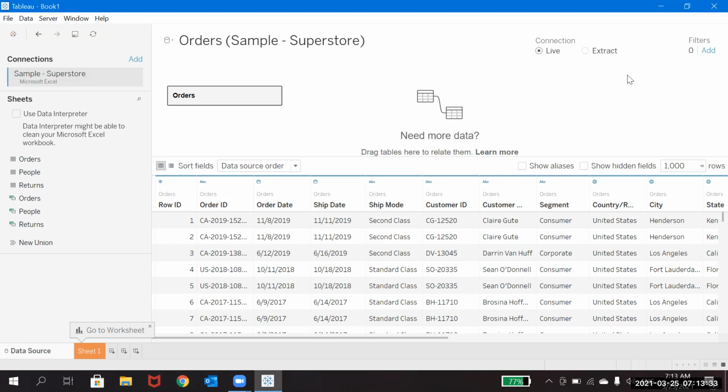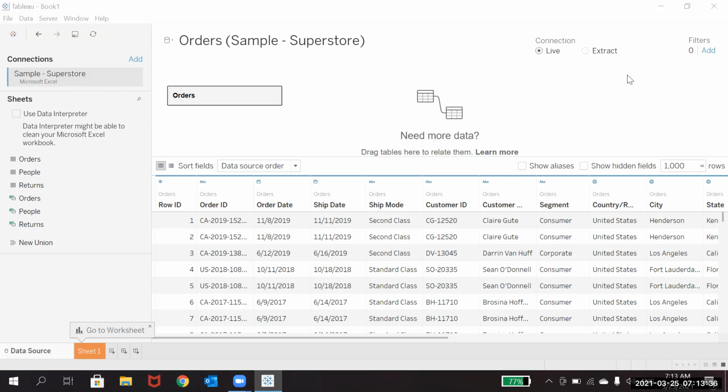And also on the filters portion, you can see add filters. These filters are nothing but data source level filters. So let's say you have 10 years of data in your data source, and you want to filter out 8 years of data and you need only 2 years.